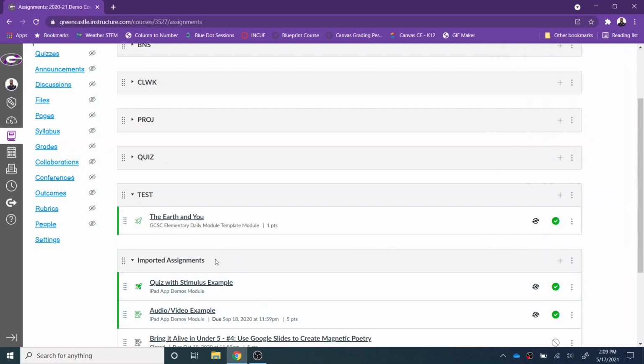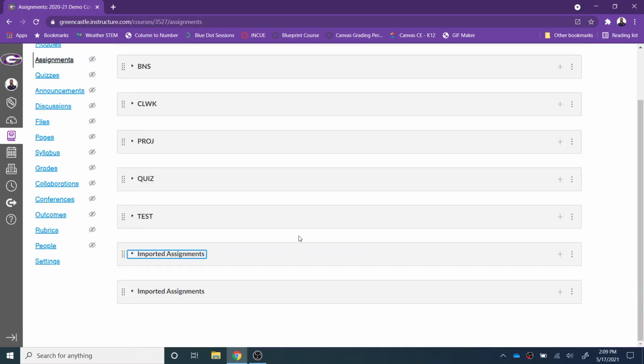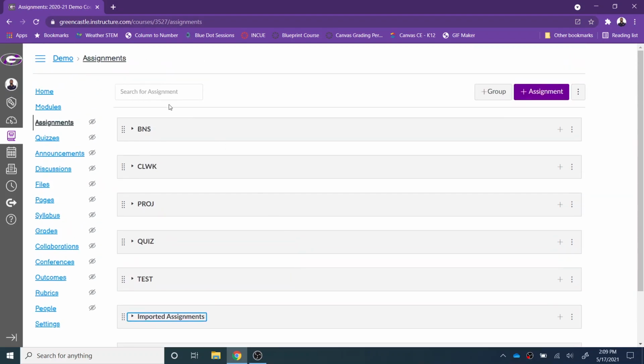Once you have this shell removed, you can select the three dots and you can select delete. So once this is only a shell and all the items have been removed, you can select the three dots and then you can select delete. But again, everything you create in Canvas that you want to sync to Skyward has to fall into one of these categories. If it does not fall in those categories exactly as they appear here, it will not be able